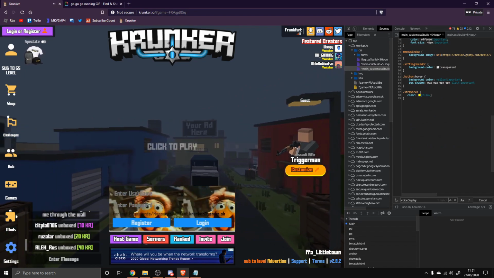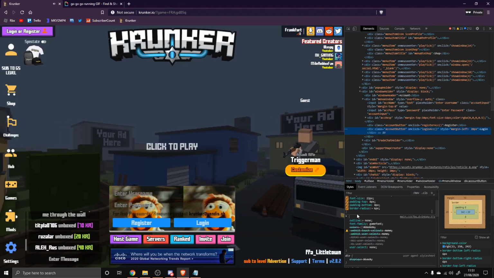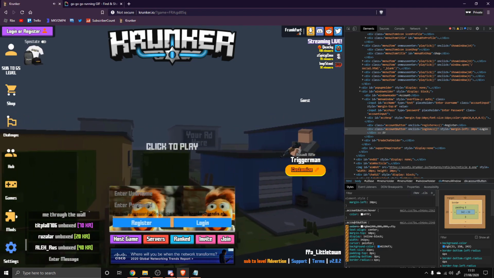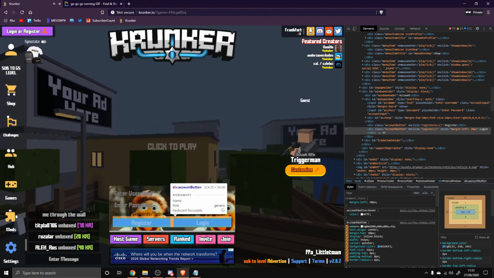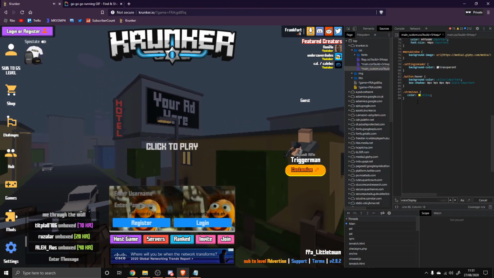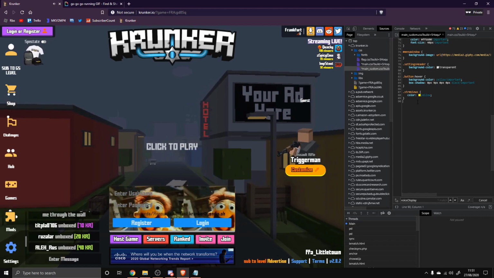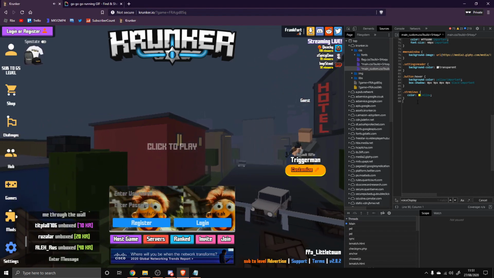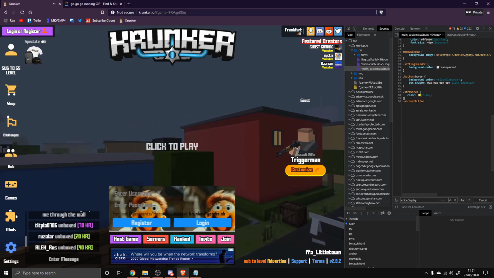So yeah, now to change these button colors, you need to get the class of this, which is .account button. If something's an ID, it has a hashtag before it, but if it's a class, it has a full stop, period or dot, whatever you want to call it. I'll be calling these brackets, this a full stop, and this a hashtag. I'll call it a full stop because I'm British. So yeah, .account button,